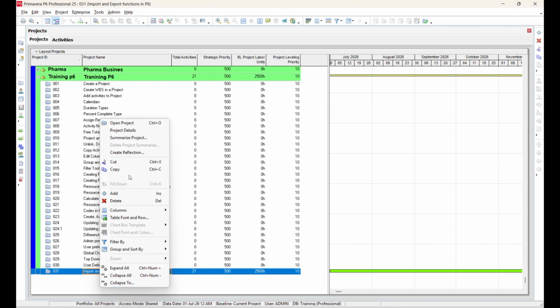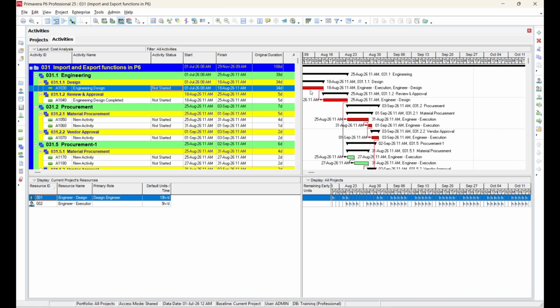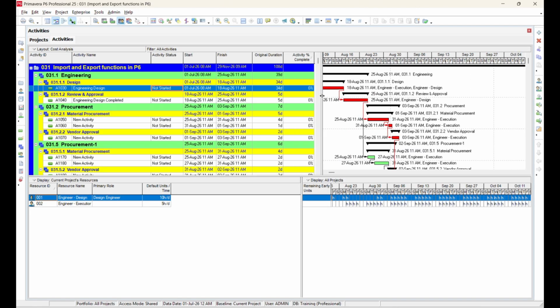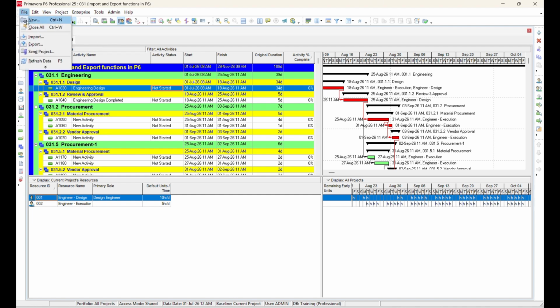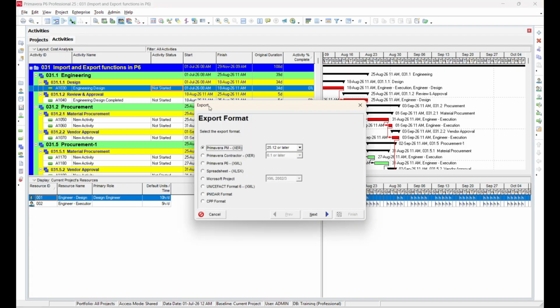As we have done in the previous lessons, let's open a project first. You can see that this project contains multiple activities. Now, go to File, then select Export. In this section, we will first learn about the export function, then we can learn import by using the same file. When you open the export window, you will find several export formats available, such as Primavera XER, Primavera XML,